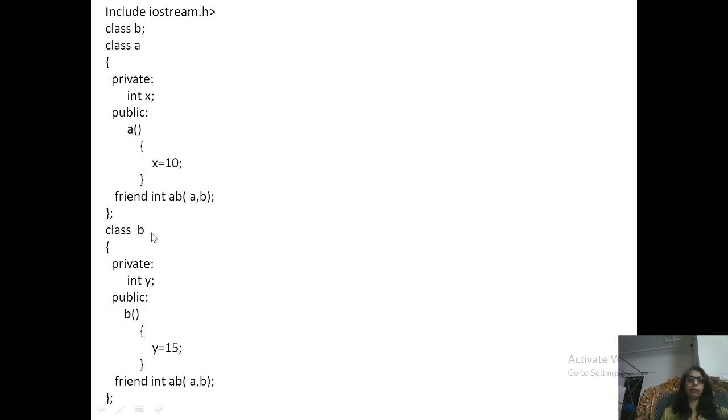We are defining it here, but even then we write it before class A, because when we use friend function inside class A, it should know that there is also a class B. So we declare class B here, and then we define class A, and after that we again define class B, and we made function AB as friend function of both the classes so that it can access data from both the classes.